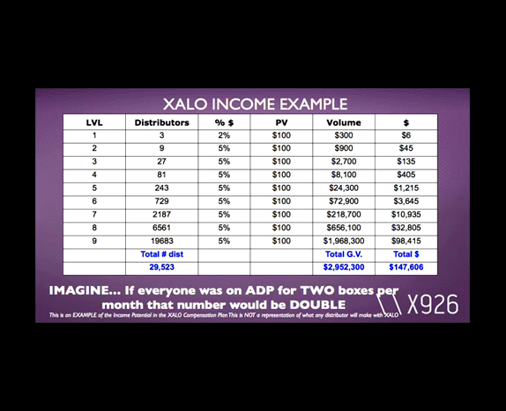And the check on that, just on this unilevel portion, for getting all those additional bonuses we talked about and for getting the global bonus pool, which is huge, $147,000 plus a month. Not bad. That's just by building 3 and everybody doing 100 points a month. What if they were doing 200? What if they were building teams of 5? So a lot of money in the compensation plan.